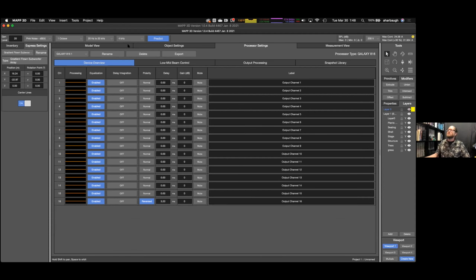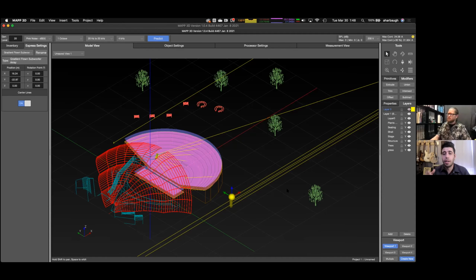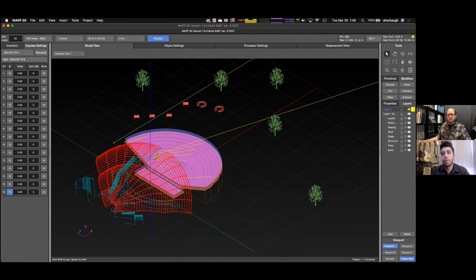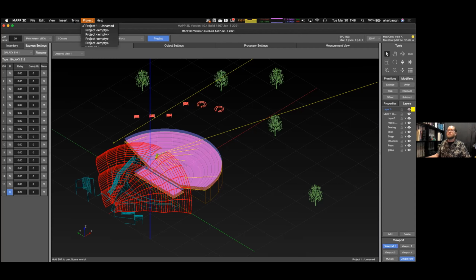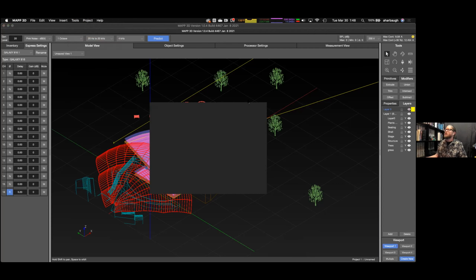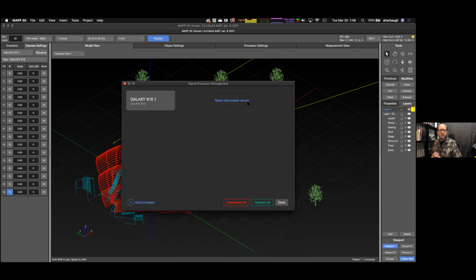That's great. And I think we can talk briefly about Galaxy and the ability now through MAPP 3D to sync these processor settings straight from the software to a Galaxy device. Yeah, that's right. Let's see. I'm not sure if I'm set up to demo that completely right here, but we can go to Signal Processor Management. And if you're on the same network as a physical Galaxy processor, it saw my Galaxy in the rack over there. So I can select that device,